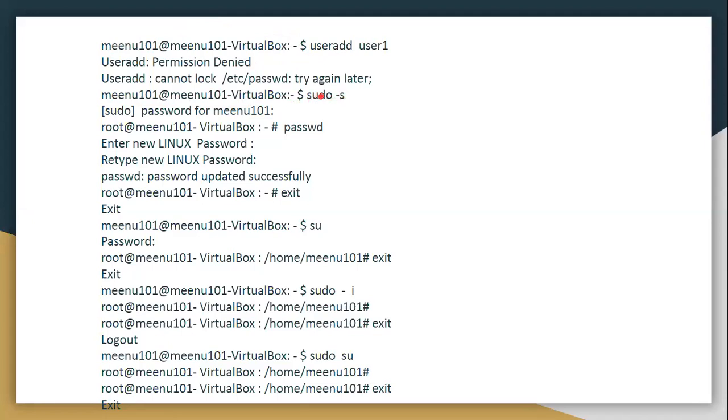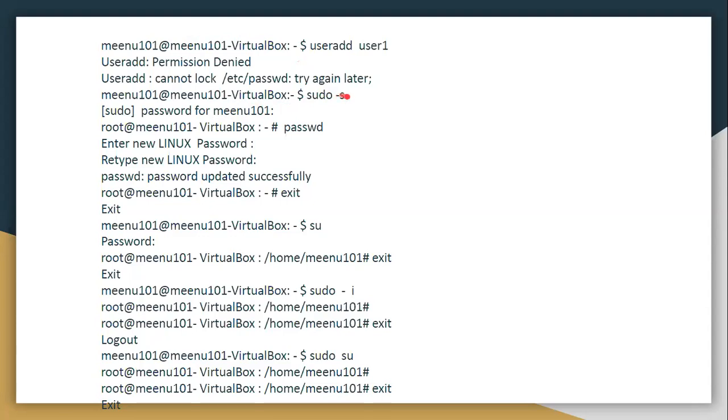Now, if I press enter, it will ask me for the password of the super user, which has not been created yet. It asks me for the sudo password for Minu. Only one user exists in the Linux terminal right now, that is Minu101. So I entered my password. Now I'm creating Minu101 as a super user.